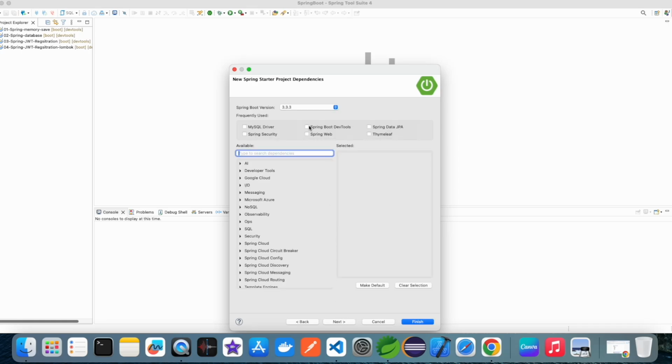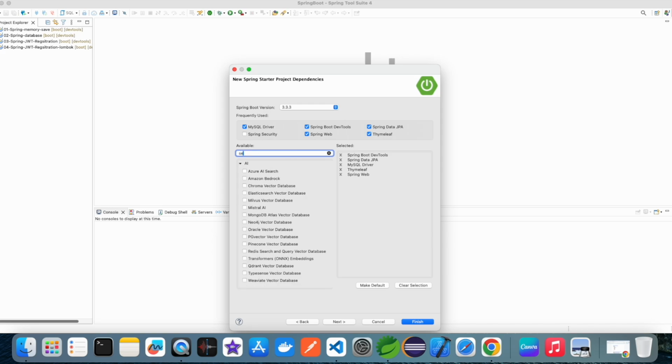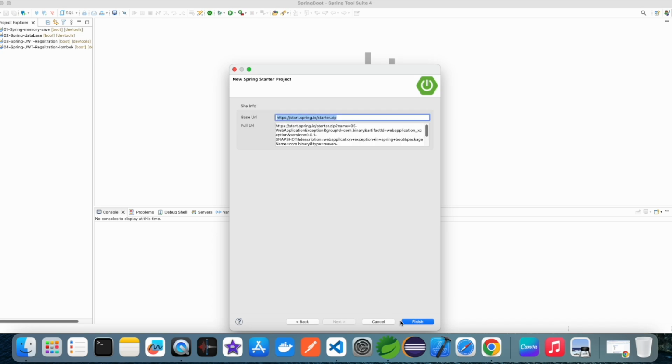And for the package I use dev tools, because if I save then it automatically reloads or restarts the server. For that I use these types, and the MySQL driver, JPA, and Thymeleaf, because I'm making a web application. Then next,